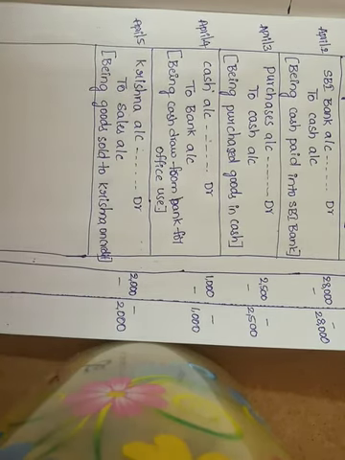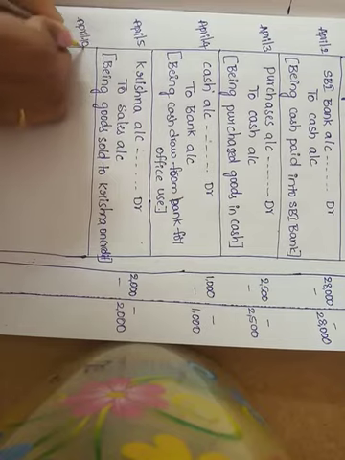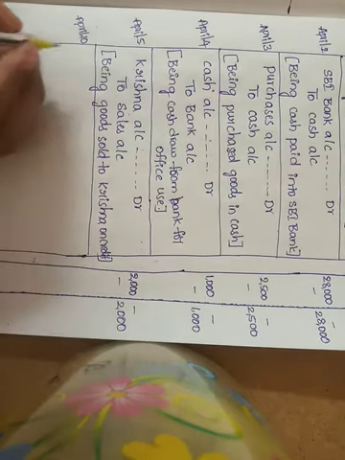Next is April 10th, bought from Sham goods on credit. Bought from Sham means what? Purchases. Purchases goods from Sham on credit. So it is also a credit transaction. Here who is the giver? Sham is the giver. We are the purchaser, so goods are coming into the business.